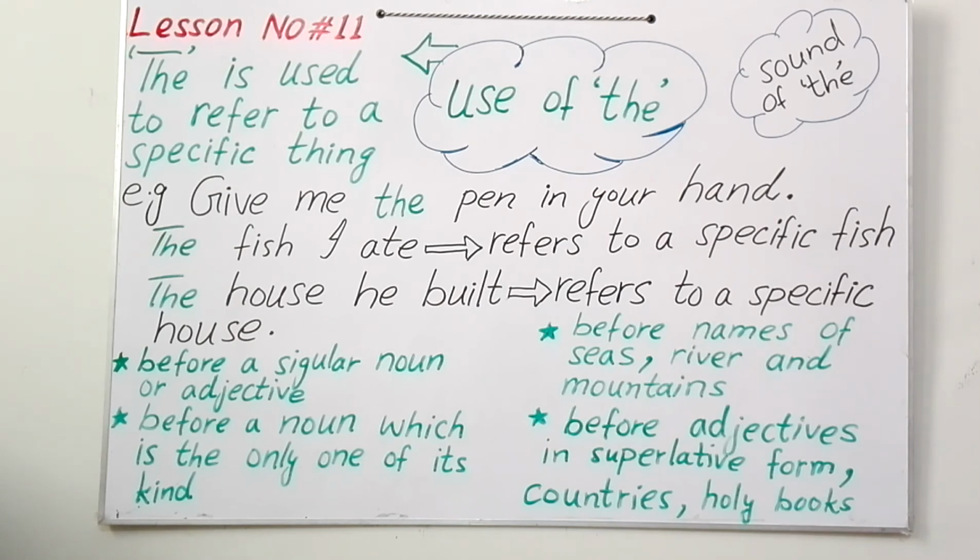And now come to the point, there is the sound of "the". Whenever we see a word which starts with a vowel like A, E, I, O, U, we call it "thee". Like I am saying the angel, okay. And the other example about the sound, where we see any consonant words which start with a non-vowel sound, like the book, the coconut, so we put here and we call it "thuh".